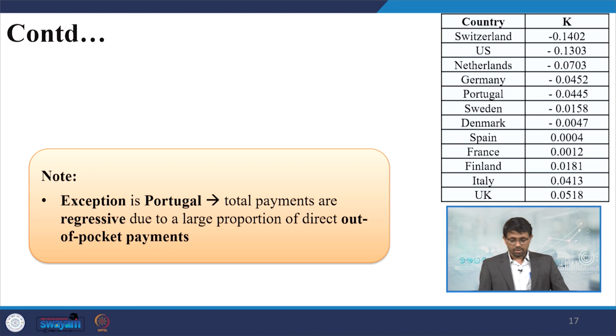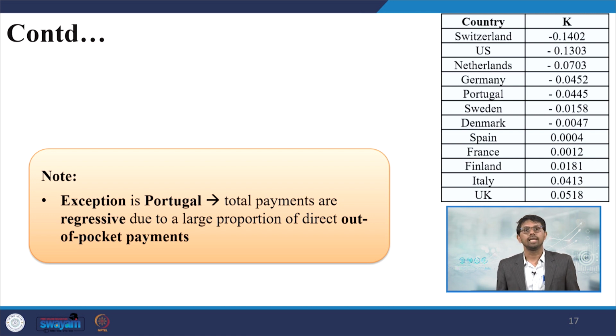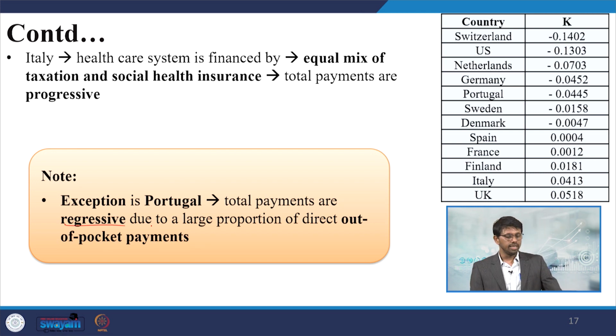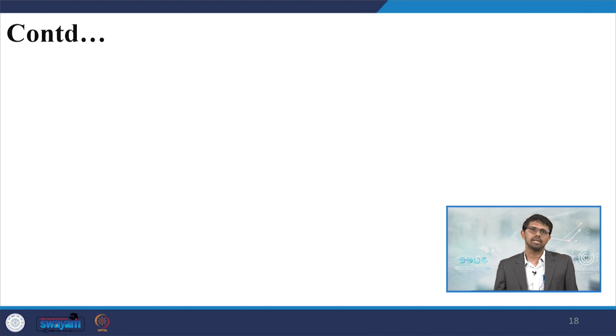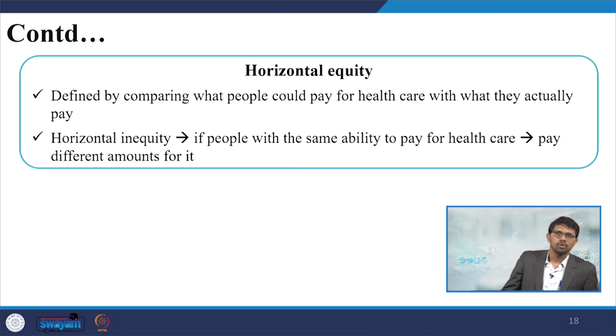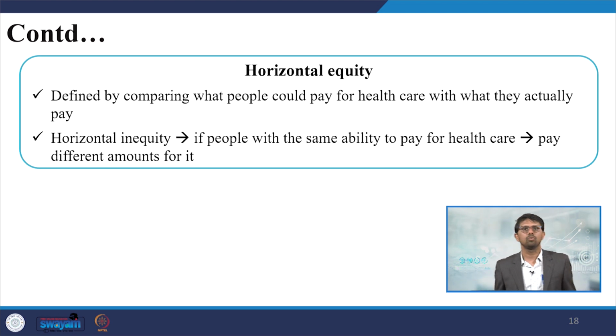However, there are some exceptions, especially in Portugal, where total payments are regressive due to a large proportion of direct out of pocket payments. Italy's healthcare system is financed by an equal mix of taxation as well as social health insurance, and hence total payments are progressive. So far as horizontal equity is concerned, it is defined by comparing what people could pay